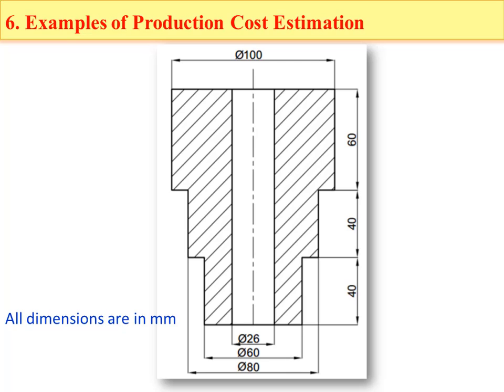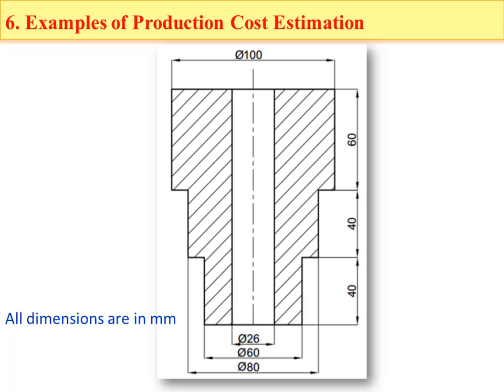As you can see in the picture below, a cast iron component is to be manufactured as in the picture. We will estimate the selling price per piece from the following data. We have the density of material